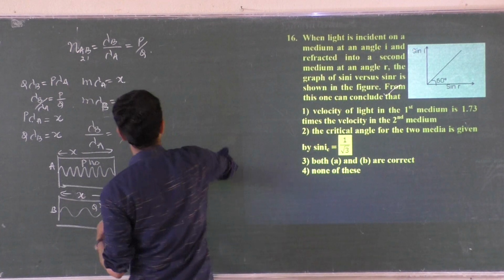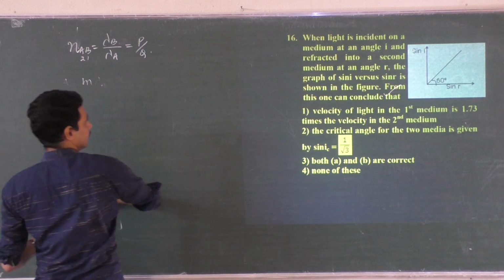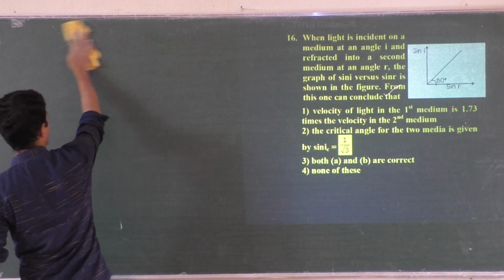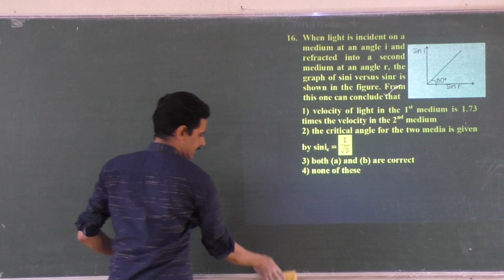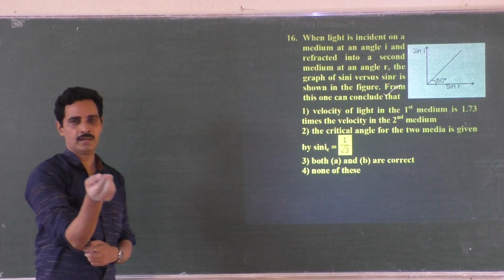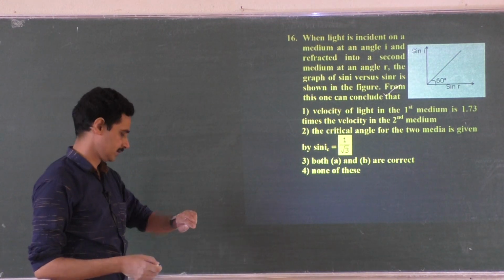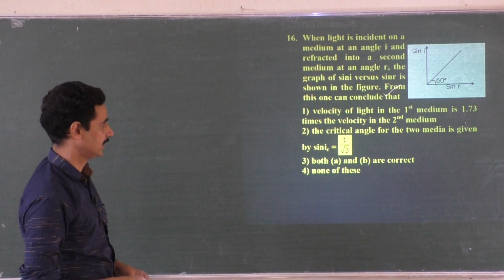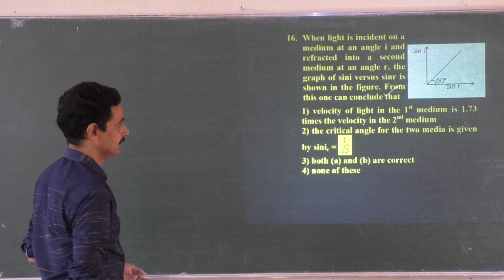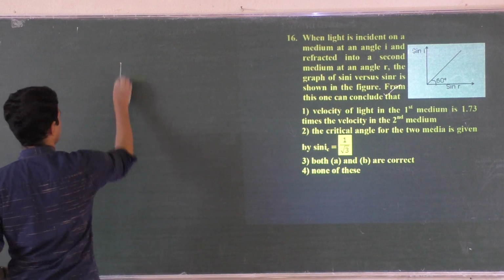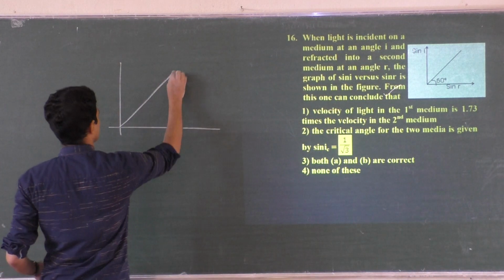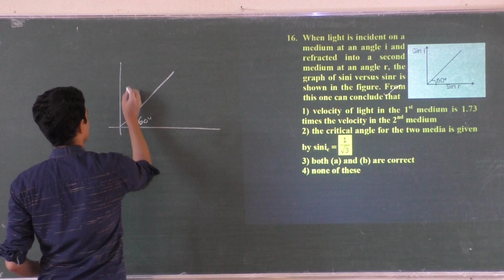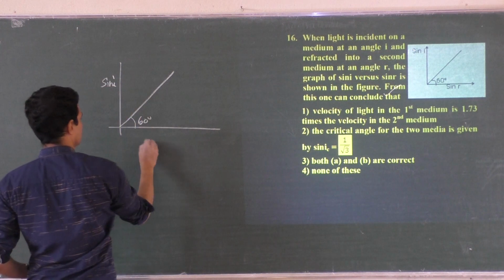A graph is given, sin i versus sin r. For a given medium, sin i by sin r is always a constant. The refractive index of one medium with respect to another is the ratio of sin i by sin r. It is given that the line makes an angle of 60 degrees. This is 60, which means if you take the slope,